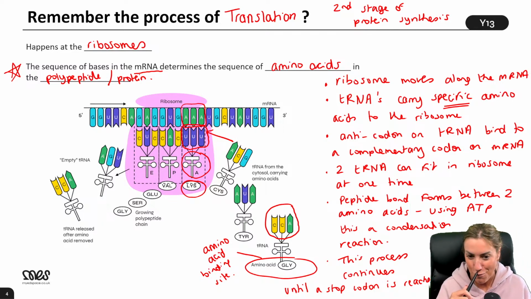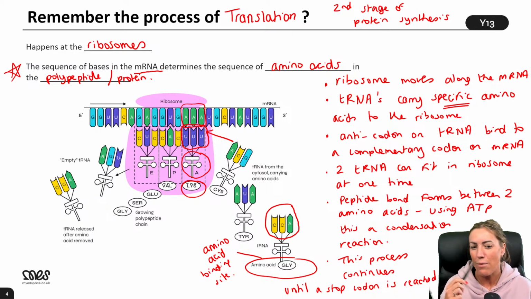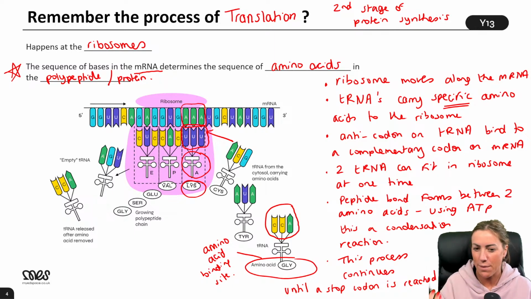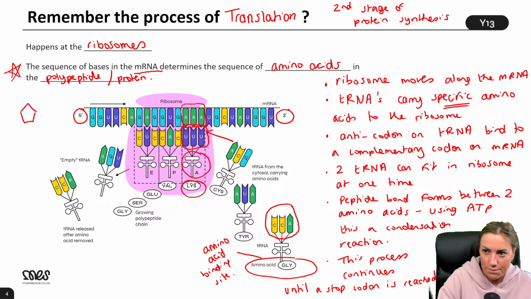5' to 3'. In what context, Zainab? Are you thinking about DNA replication? Or is it because it's on this diagram? Because I don't think I'd ever mention 5' to 3', to be honest, on a translation question. But it's to do with the carbon number.